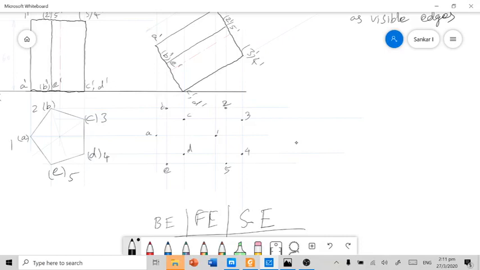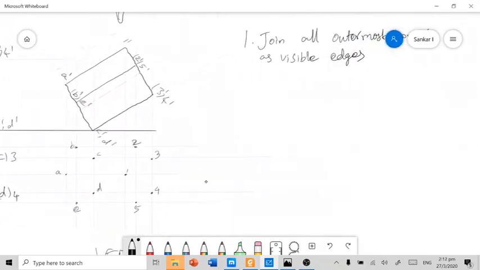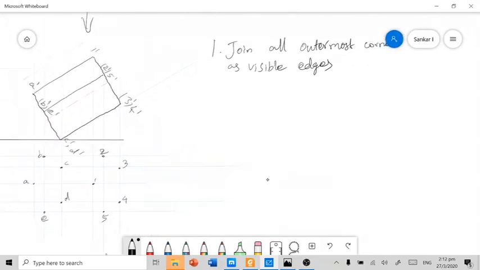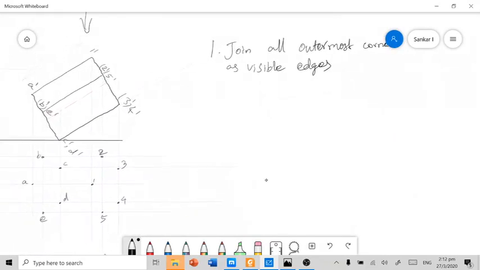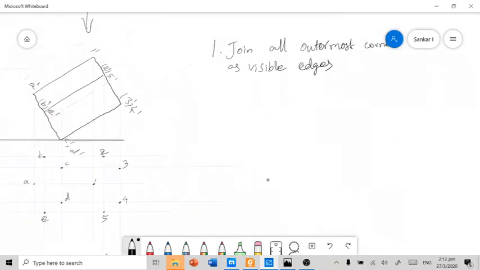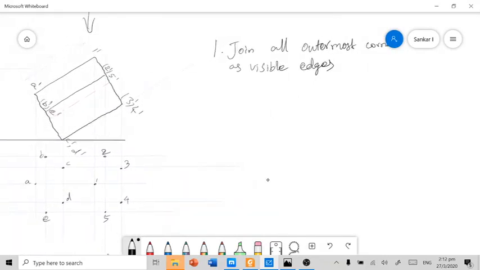But for the time being, I will give you some hint in order to isolate the invisible edges from the other edges. For that you have to follow this 4-step procedure during the connection of various corners in the final view.